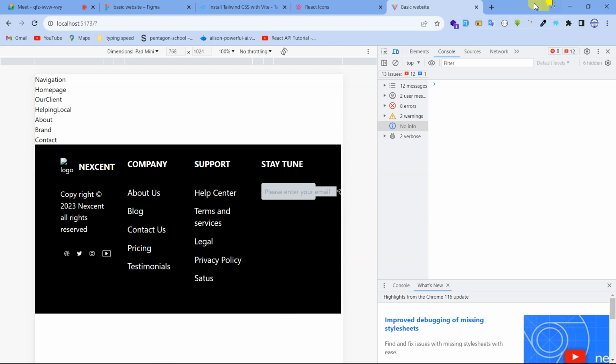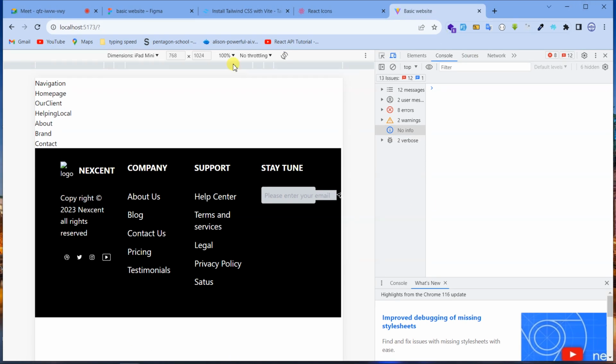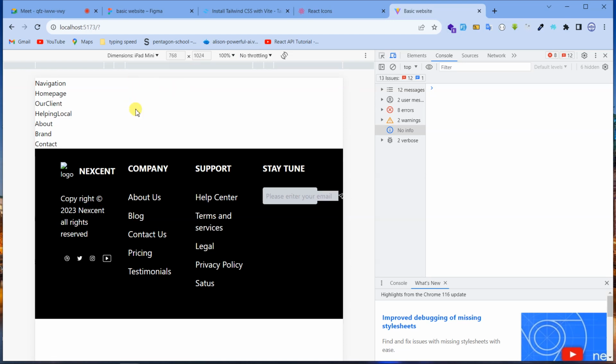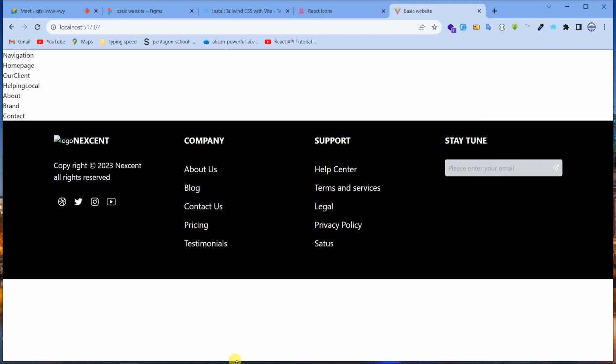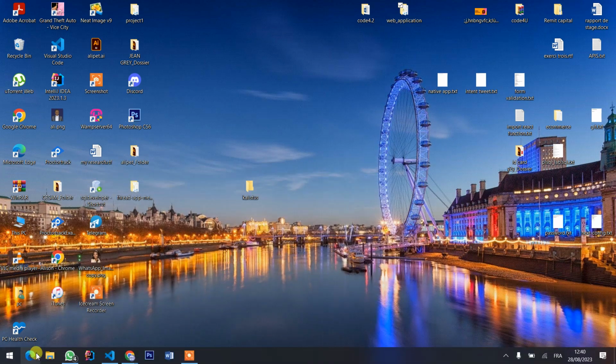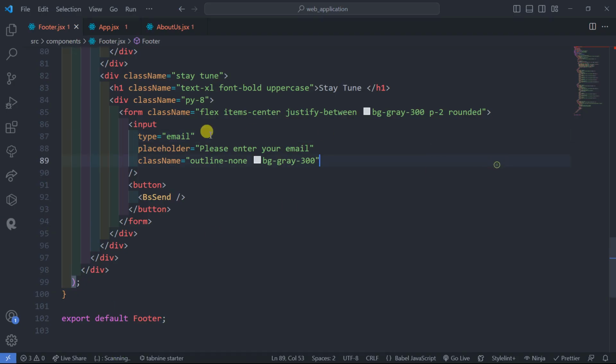Let's see where the padding is being applied. And then we go to computer, it's being applied every side. Let's see in the input where that padding is being applied. So here you can see input, we have outline gray, and then the input of where is form. Okay, form has p of 2 to everything. So let's say p of 2